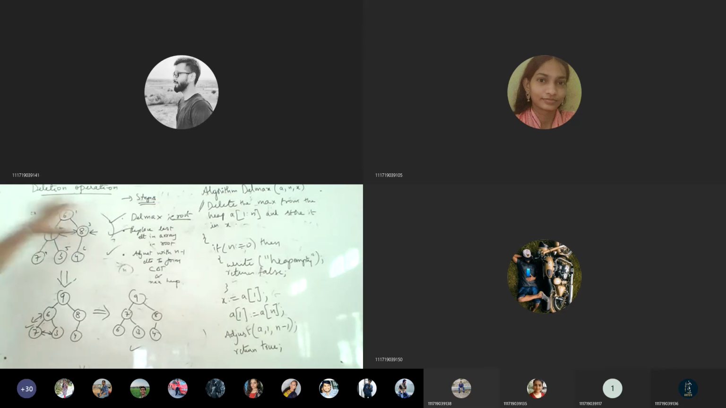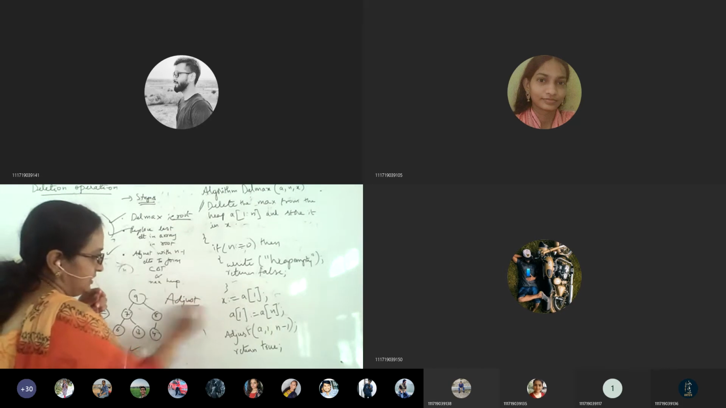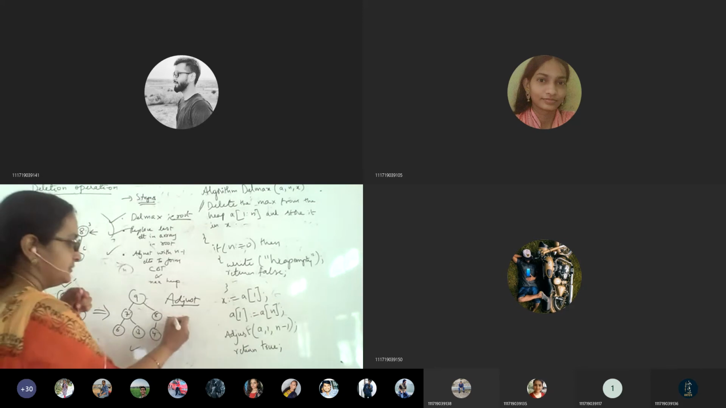So after that, what are we exactly doing? The tree we got has the complete binary tree property satisfied, but it's not a heap, because the root node is not the maximum compared to its descendants. So we have to readjust all these elements so that it becomes a max heap. In the adjust algorithm, first exactly what we are going to do is